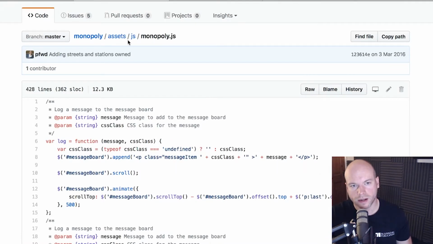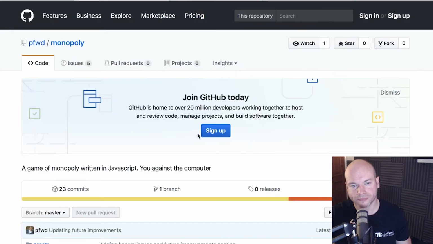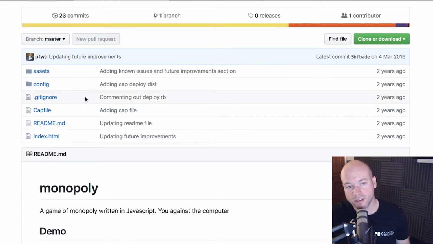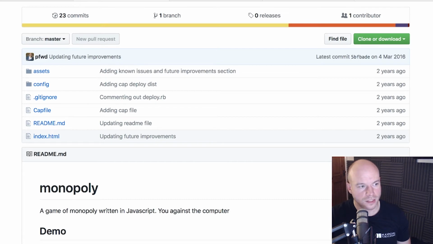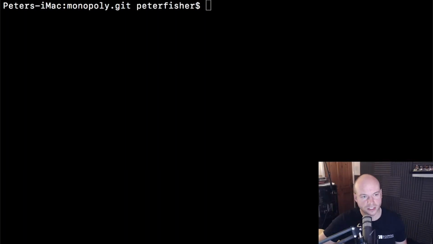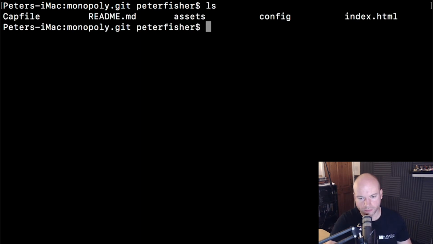The actual code here, let's go back to Monopoly. It doesn't have anything to do with testing. There's nothing in here at all. So let's start some bits. Let's go into the terminal. We are currently in the directory that is on this GitHub repo. And what I'm going to do is just install QUnit